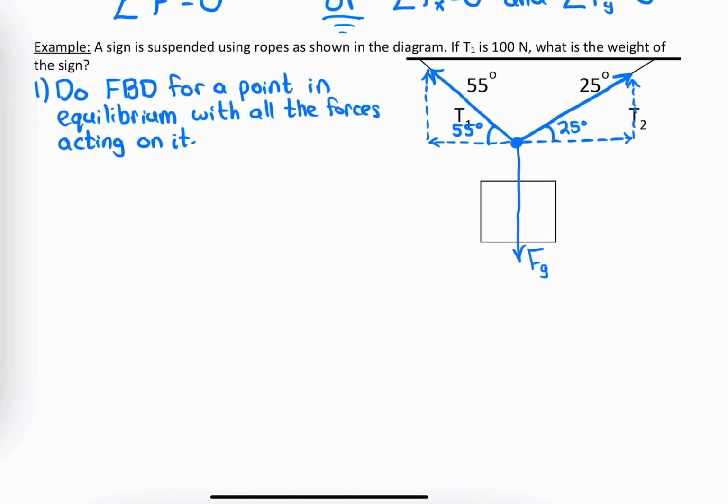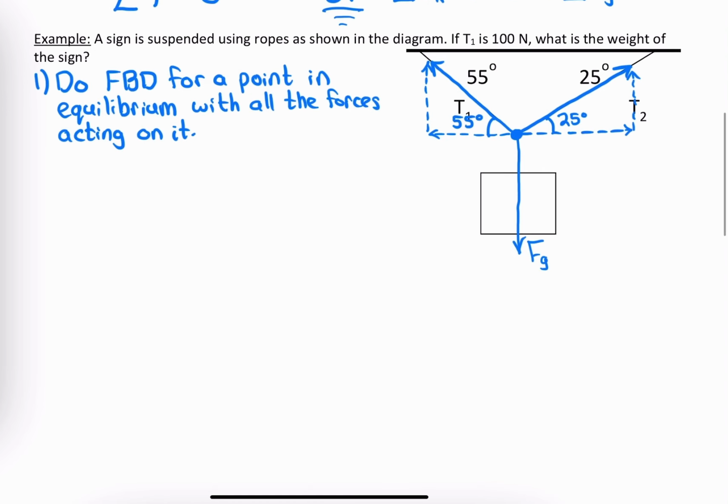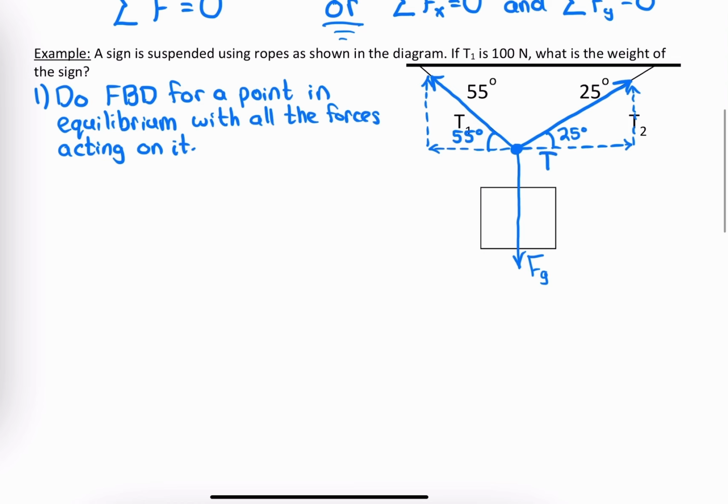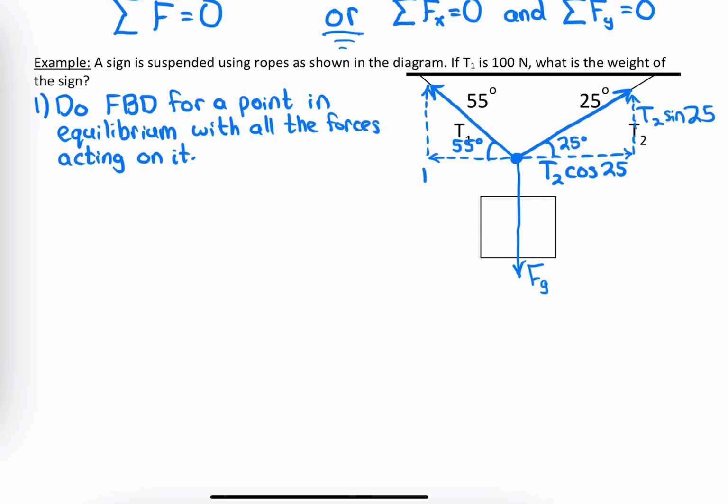So I can call this component T2 times cosine of 25, and this component T2 times sine of 25. Over here I've got T1 cos 55